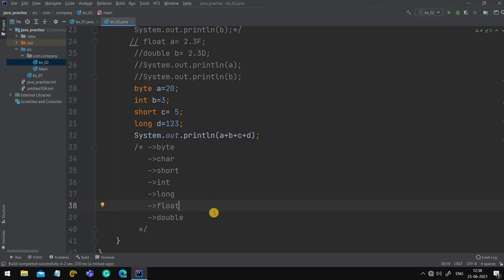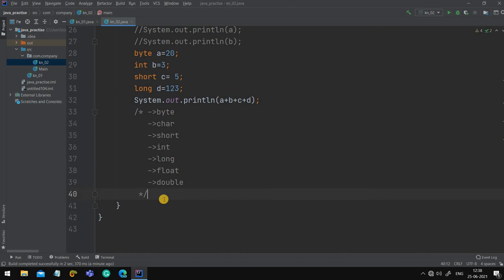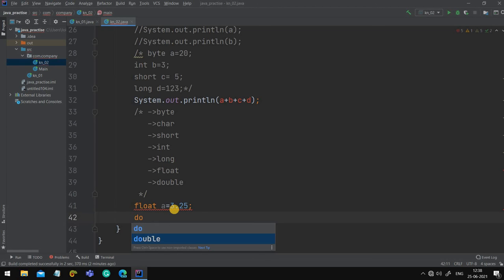Now let's understand this example with the float addition. Float a is equal to 3.25. Let me comment out the other code, otherwise there will be errors. And let me make one more, double b is equal to 2.365.